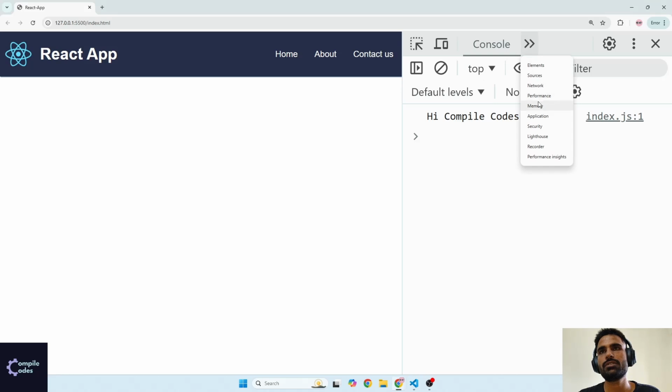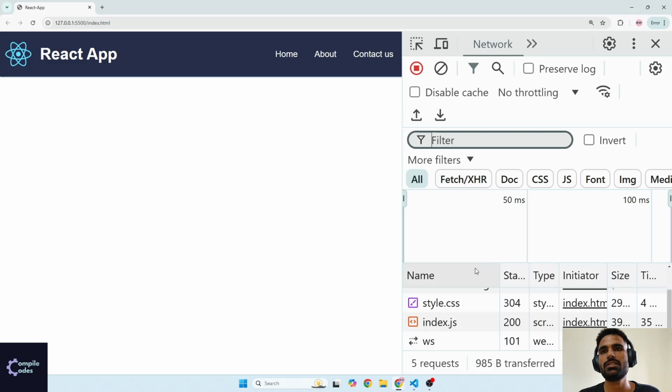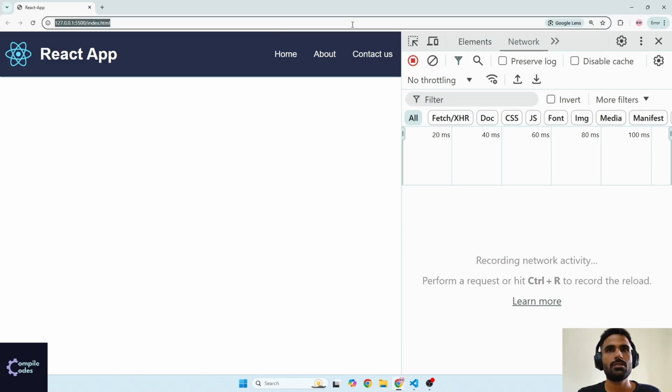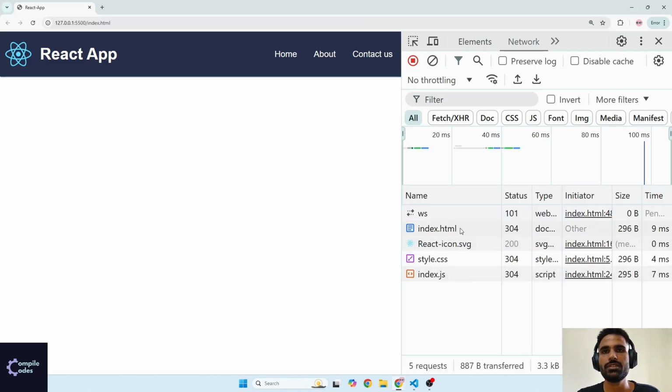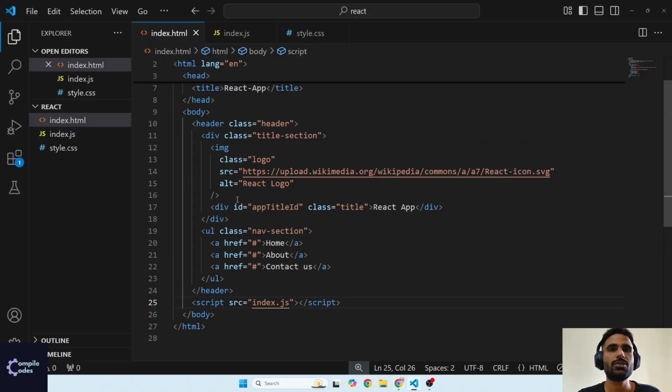If you go to network, you can also see how these pages are loaded. Let me just zoom out a little bit. Once I reload this, you can see first this index.html is loaded, and then it loads all the resources or files linked to this file. Index.js is loaded last because it is added at the last of the body, and this file is going to be read by the browser from top to bottom. Okay,